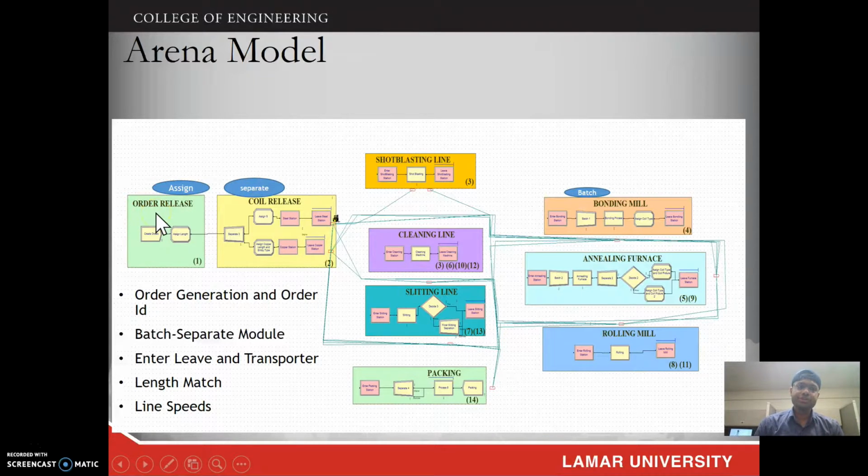We have put a distribution for that. And next you can see the assign module. This assign module converts the order weight into its length, and it also assigns the order ID to the order generated. Now, as you can see, this coil release module acts as a warehouse where the coils are being generated, means where the order is converted into coils, and as soon as the coils are generated, this separate module